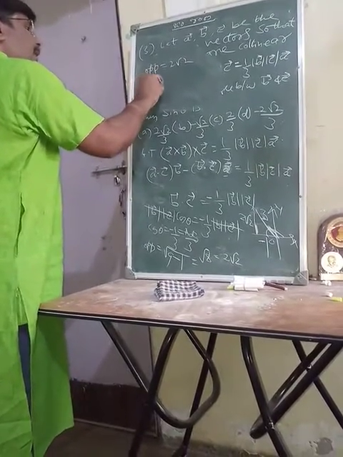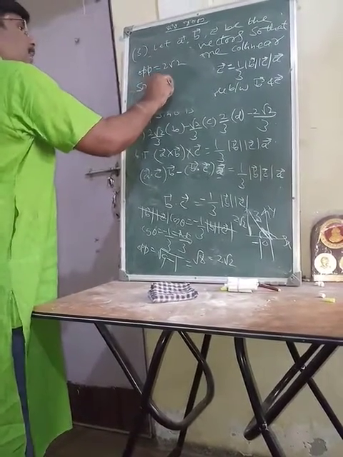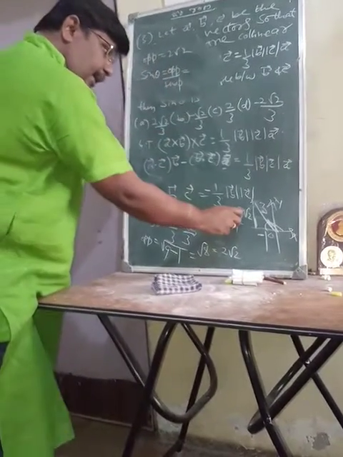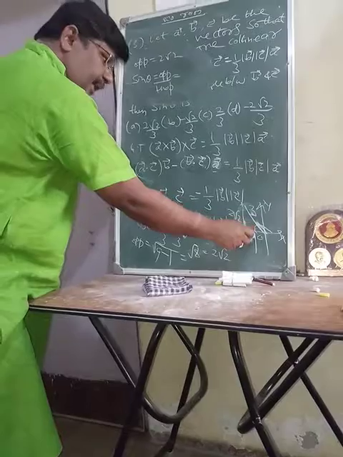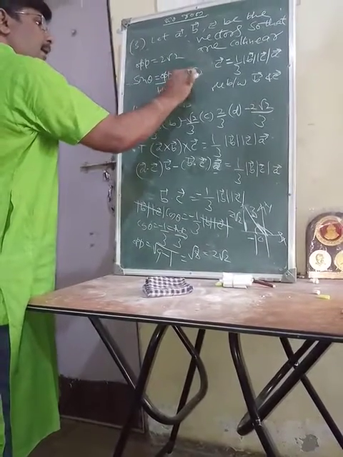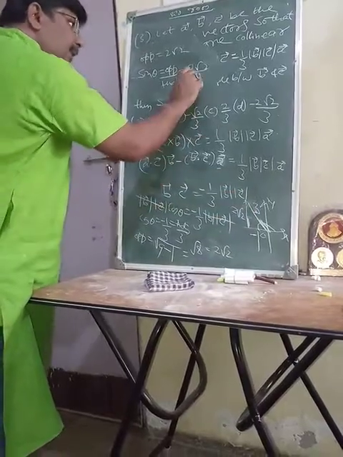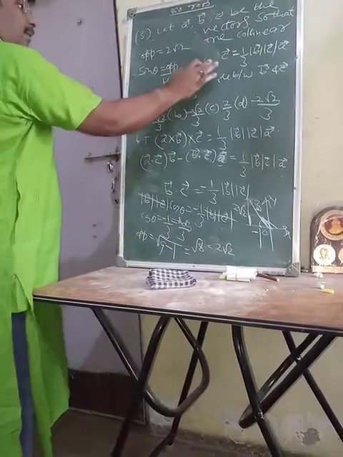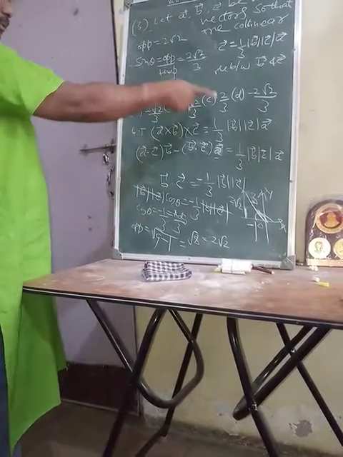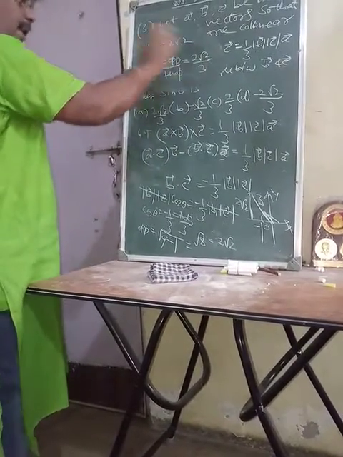So sine theta is equal to opposite by hypotenuse. What is the opposite side here? This is opposite, this is hypotenuse, and this is the adjacent side. Opposite side is 2 root 2 divided by hypotenuse 3. 2 root 2 divided by 3. The required value will be among the options. So which is given, that is right, 2 root 2 divided by 3.